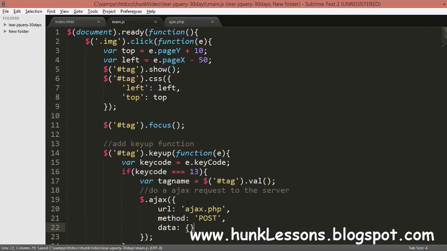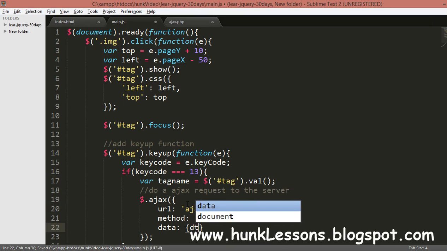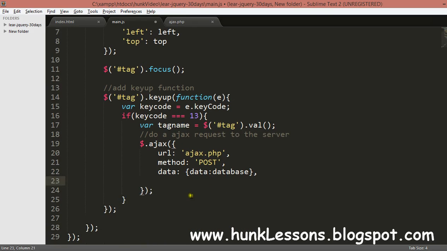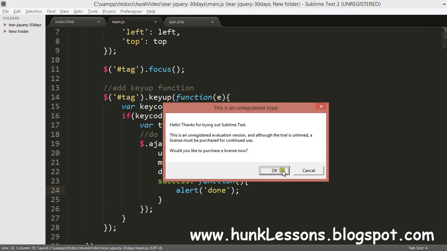Now we want to send that to our ajax.php file, database. And we want to add a success function: alert done. Okay, this is it.